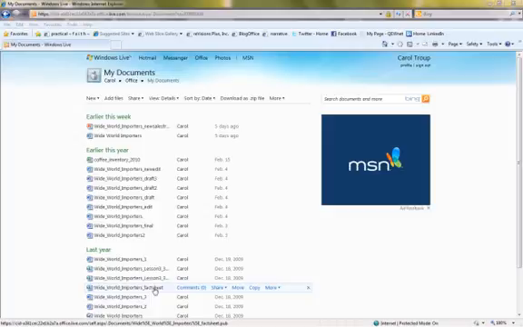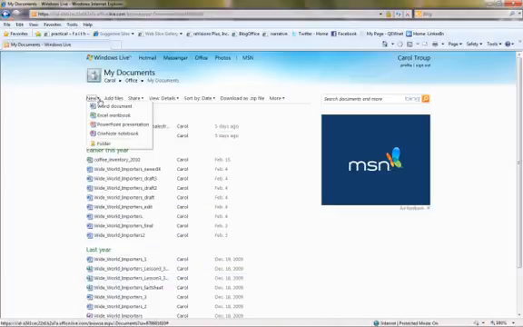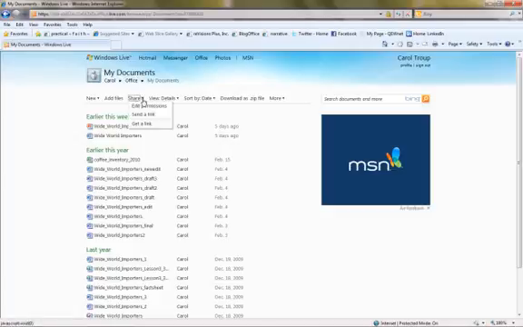So one other thing before we actually open a file and take a look at it online is that the menu bar up here at the top of the page gives you a number of options for creating new files in the Office 2010 web app, or adding a new folder to store your files, adding files to the site, sharing files, sending and getting links and changing permissions, displaying the file properties. And you can also change the way that the files are shown so that rather than having just this SharePoint list view,